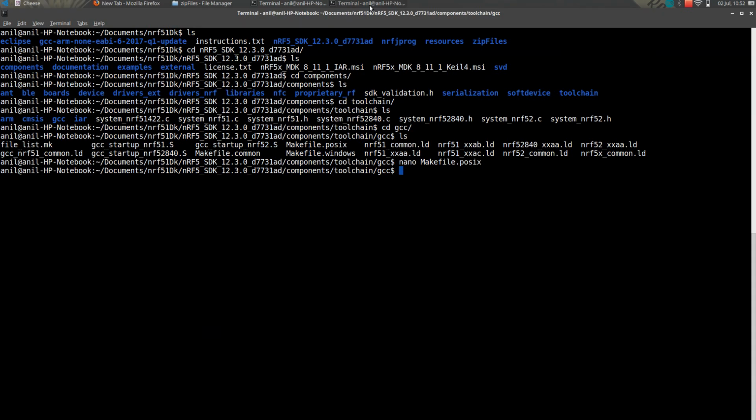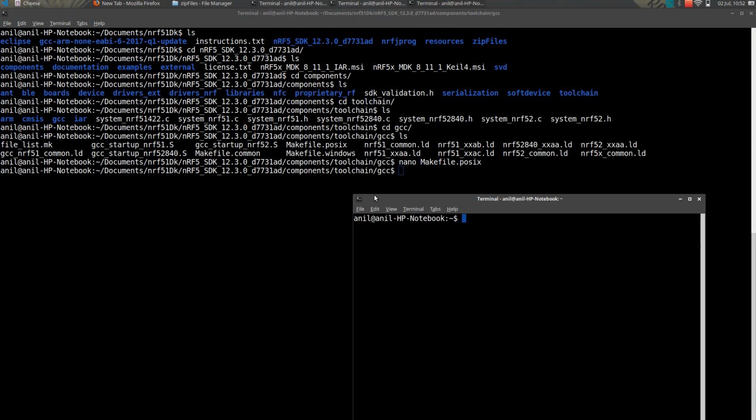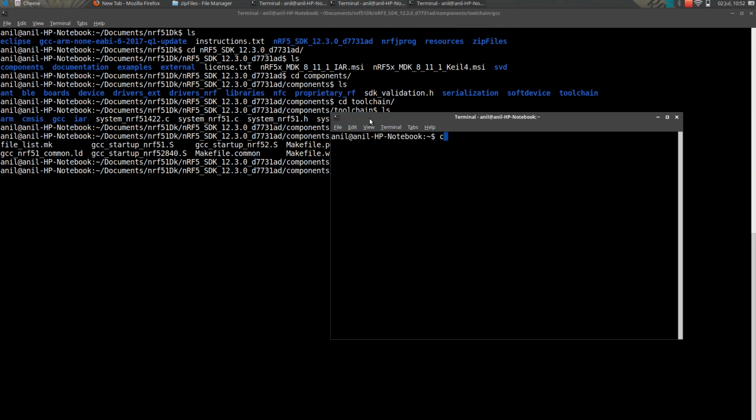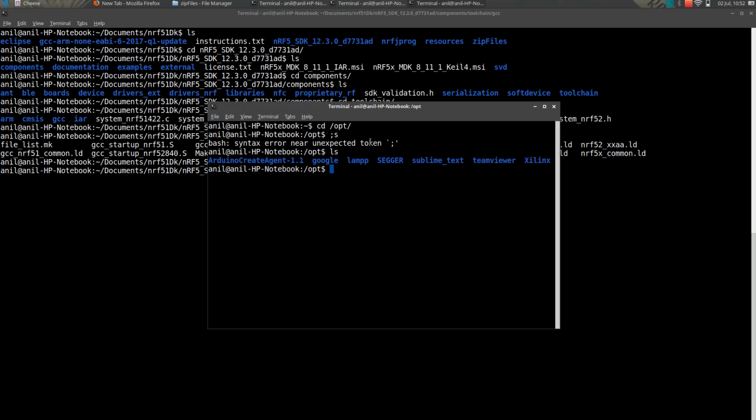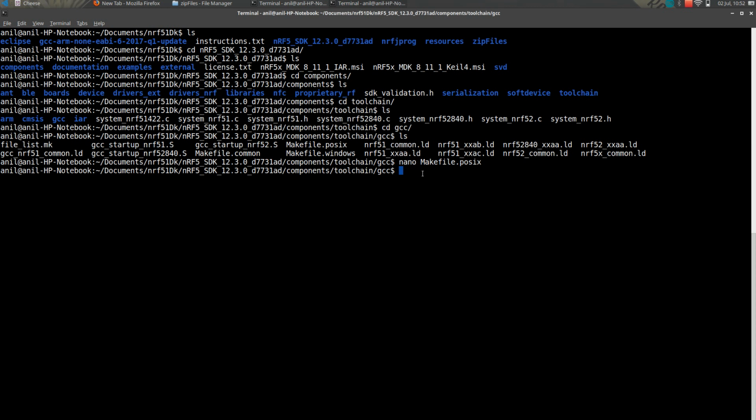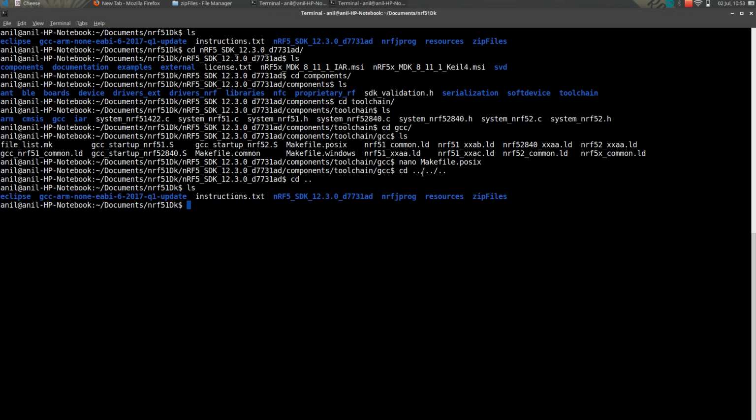So that will be stored under cd opt. Okay, that will be installed here. After you install that, we can go to the nrfjprog.